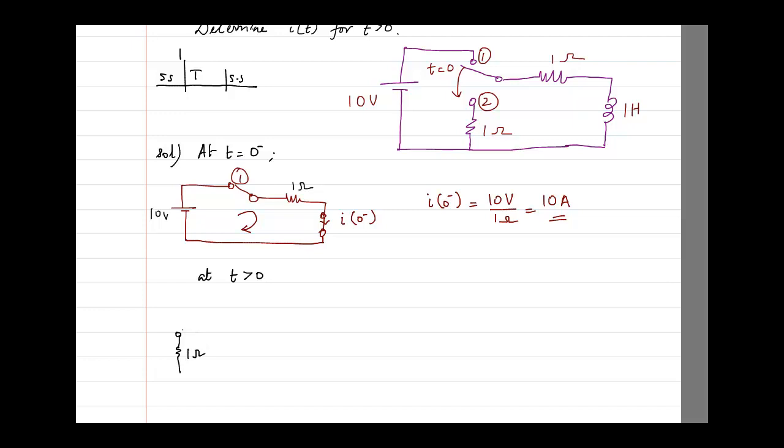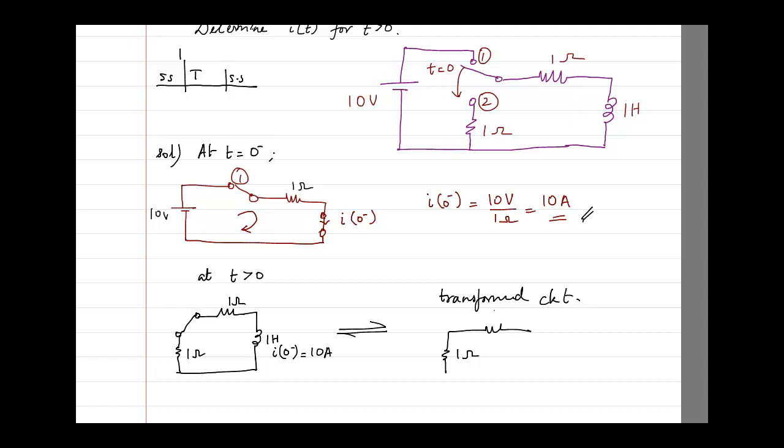I am having a switch, this is connected, there is another resistance here which is 1 ohm, and now I am having an inductor of 1 H, and through this 1 H I am having an initial condition which is that I0 minus is 10 amps. Where did I find that out? I found it out here. So this is the condition. So I have to do the transform. This is the time domain, so what will the transformed circuit look like? The resistance will not have any change. I will have 1 ohm.